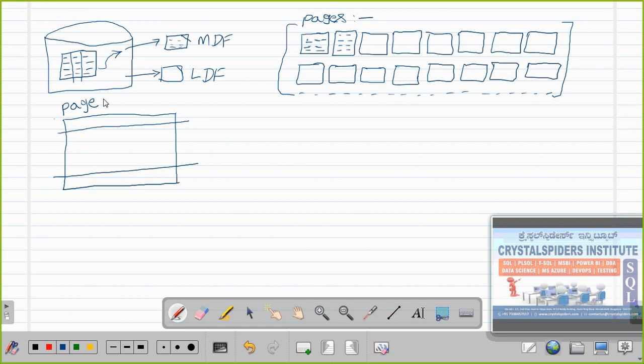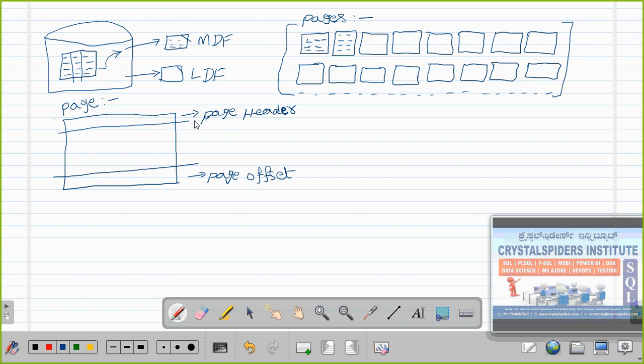Inside the data file we see the pages, and I am talking about one page. This top part is going to be referred to as the page header, guys. And this bottom part is going to be referred to as the page offset. Page header and page offset. And now we refer to this middle part as the body of the page.